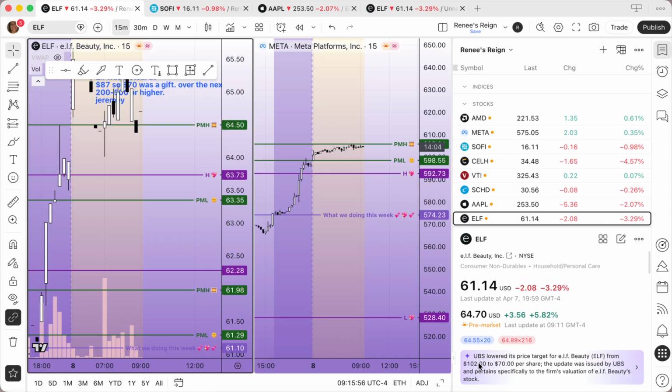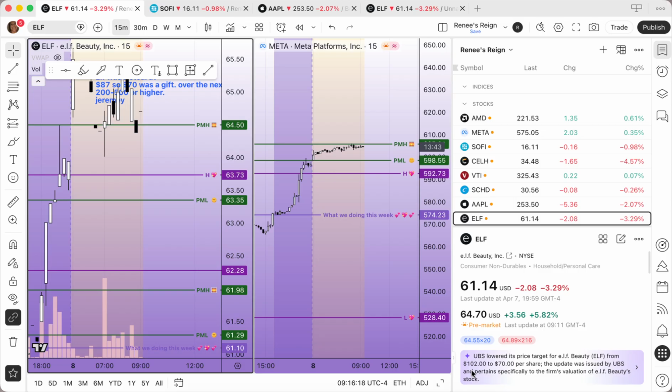And then there'll be some news about it. UBS lowered its price target for ELF from $102 to $70 per share. The update was issued by UBS and pertains specifically to the firm's valuation of ELF's beauty stock. So what does that tell me now? That tells me that the analysts are looking at this particular asset to go